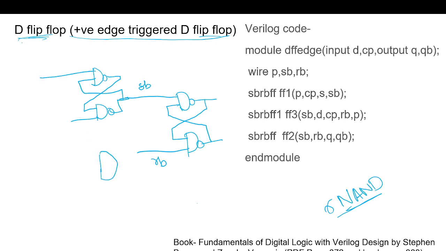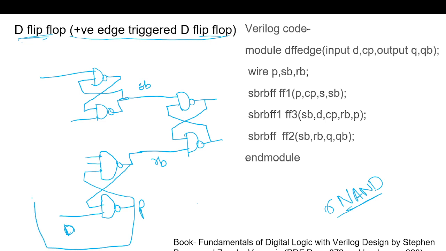Here we need a 3 input NAND gate, and 1 more 2 input NAND gate. We have the input. Here say we are having P. This input we are tying to this. And this one